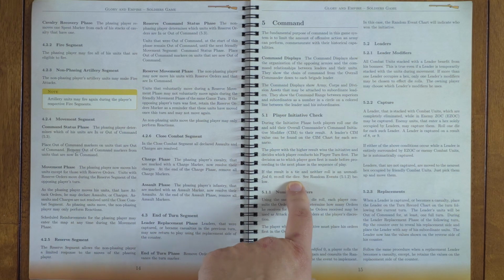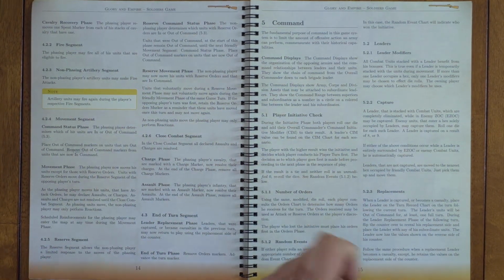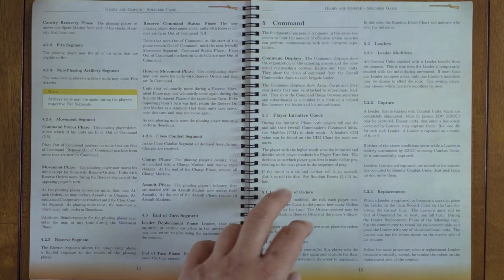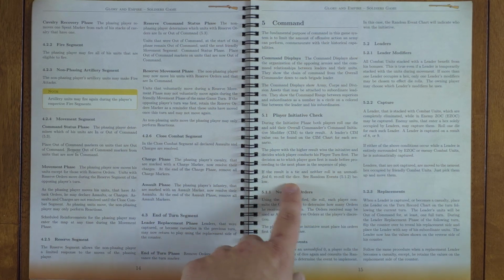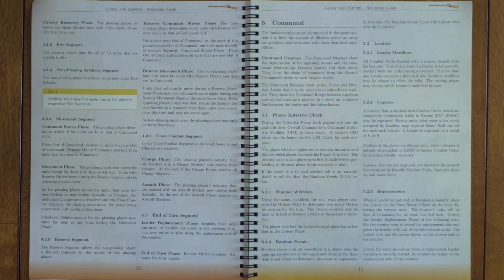And you have your initiative check, where we know you roll a die and you add your overall commander's command initiative modifier, the CIM, to that result. The player with the higher result wins initiative and decides who goes first. If the result's a tie and neither roll is an unmodified 0, re-roll the dice. See random events. So I guess if you both roll zeros, natural zeros, you get